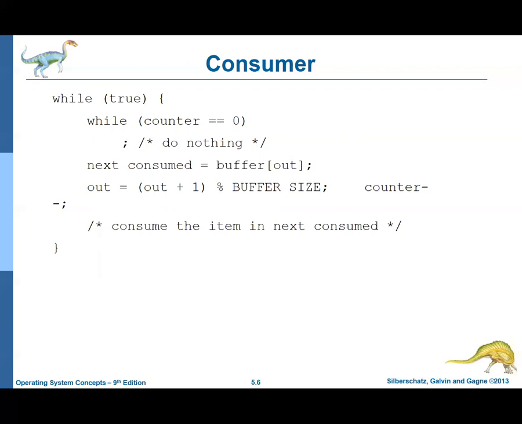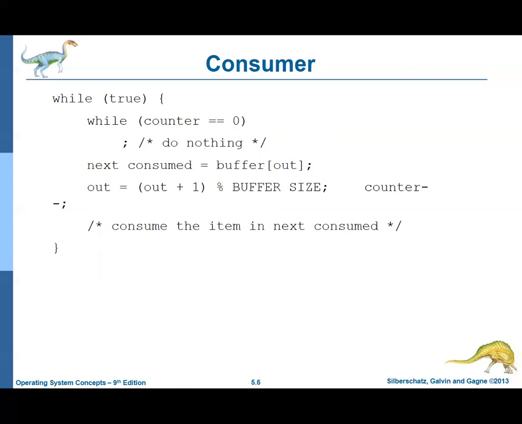In and out, they for sure start off at the same location, right? That we're going to agree. Let's say the beginning of time 0, the beginning of creation. So what's going to happen first? Well, count is 0, so the consumer won't consume anything, and the producer will produce something, right? And maybe he'll produce a lot. Let's say he produces to here, and in is now here. Maybe he could produce more, but it's taking him time to produce for some reason.